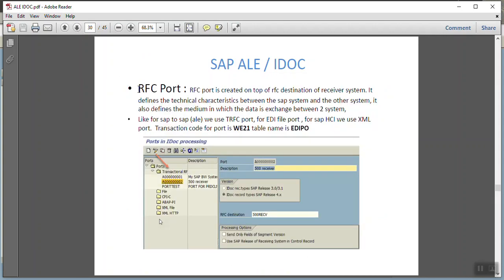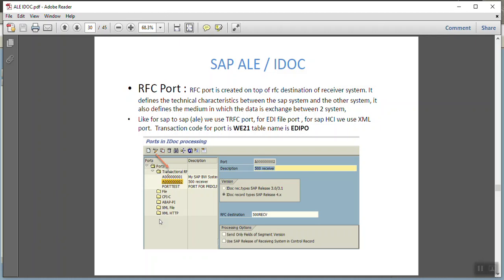Next one is the RFC port. The RFC port is created on top of the RFC destination of the receiver system. It defines the technical characteristics between the SAP system and the other system. It also defines the medium in which the data is exchanged between two systems. Like for SAP ALE, we use the tRFC port.